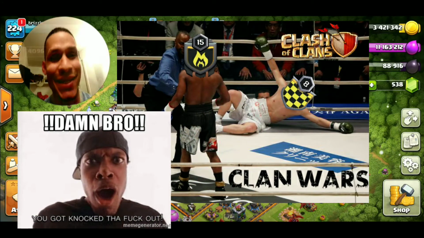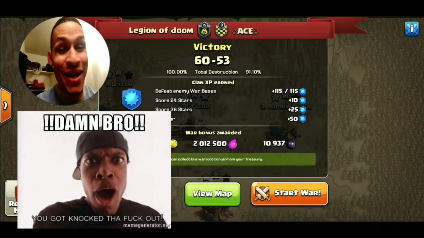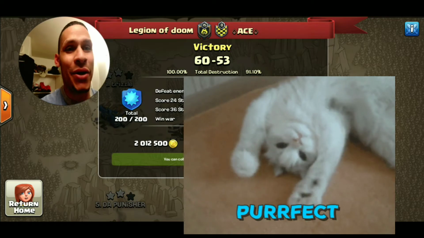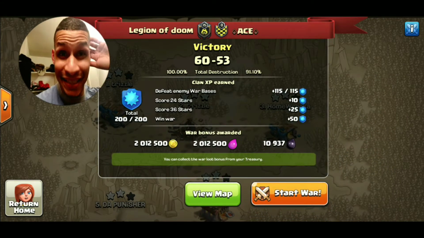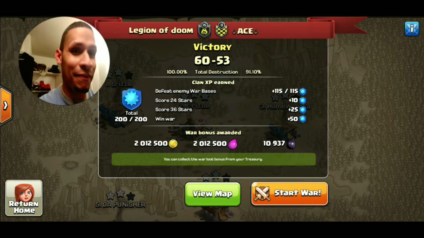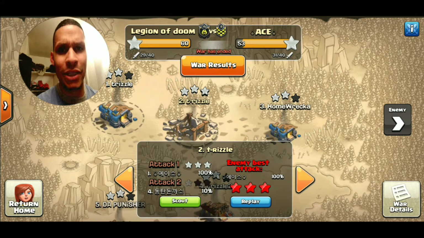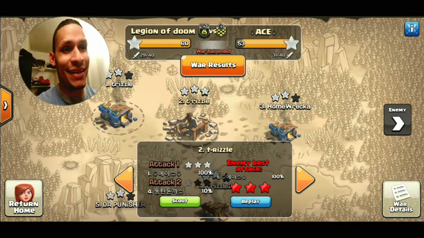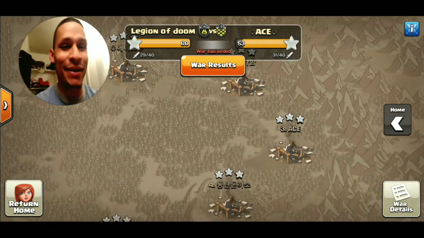We've got a special one, guys. Actually, being perfectly honest, we had a perfect board. Check it out. 60 to 53. We were going against a clan called Ace, and I'm not gonna lie, it actually started off well on their part. They ended up 3-starring one of my bases, and I was like, holy shit, this clan might actually put up some competition. And of course, Legion of Doom, doing what we do, ends up clearing the map and wiping